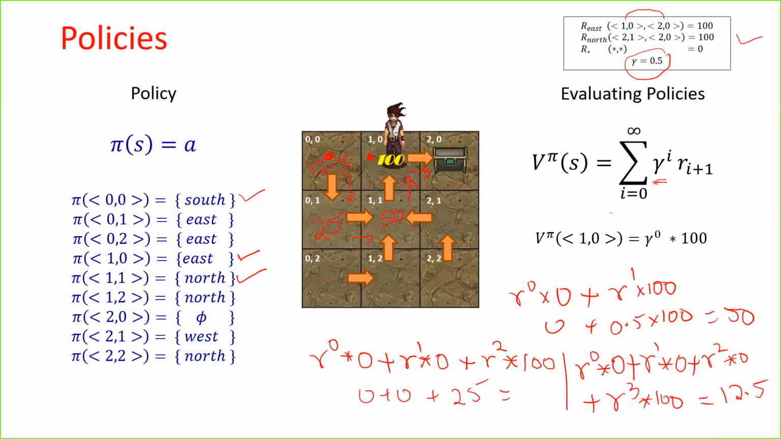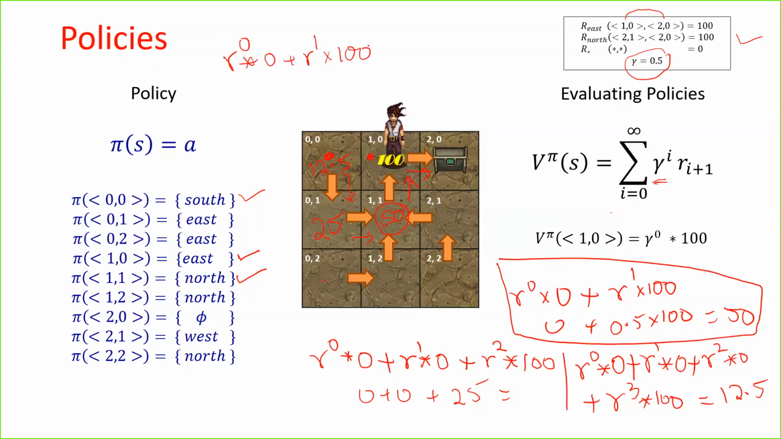All right. So now one more relation, I want you to make note of this. Suppose I'm at this state, 1, 1. What is the value function that we have defined here? 50, right? So 50 is gamma to the power 0 times 0 plus gamma to the power 1 times 100. Can I write it this way? Immediate reward plus